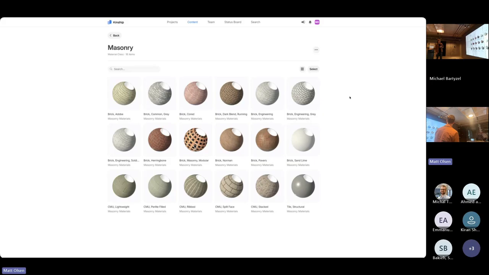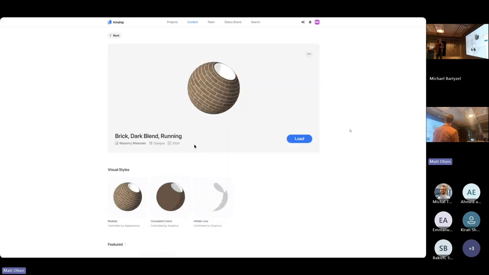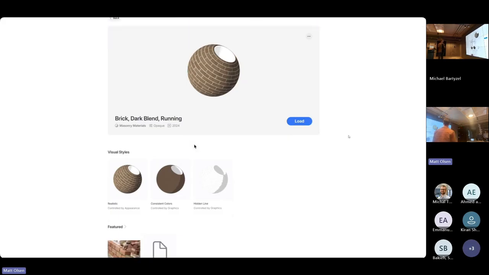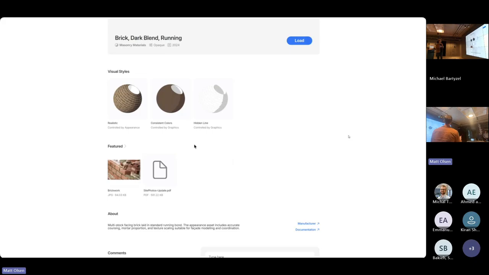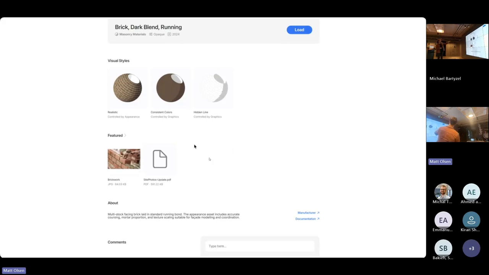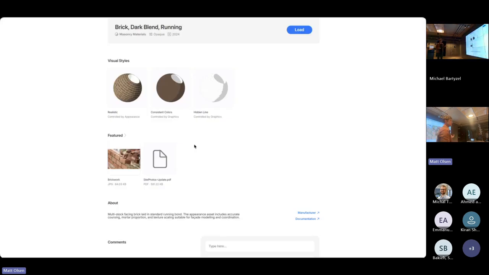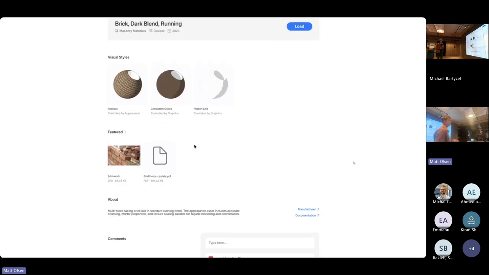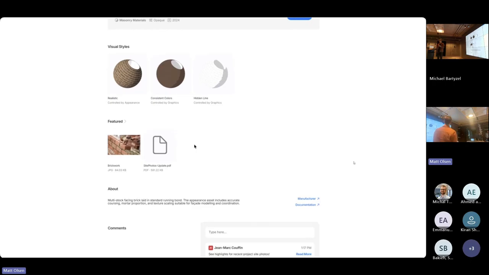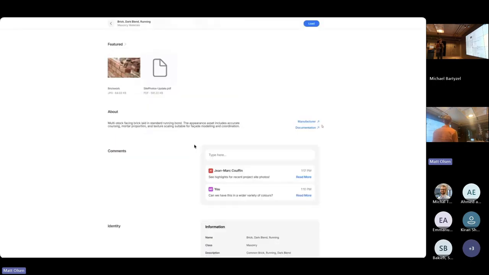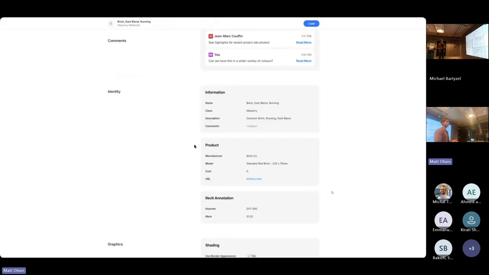Sorry, the presentation is very laggy. If I click on one of the materials, this is an individual material's page. At the top, you're getting a preview of the image in different view modes, so hidden line, realistic, consistent colors. I can append images, PDFs, DWGs, information I might want others who are using the material to know about it. I can add links, maybe to your internal intranet about how to use materials,